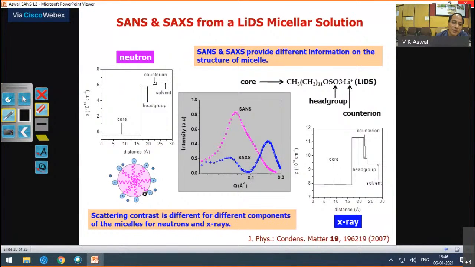This is a micelle, the core of this micelle. On the other hand, X-ray doesn't differentiate, but it is more sensitive to higher Z elements. So this difference is coming because in the case of neutrons, you only see the core. So it means you already can measure the core dimensions or core structure from the neutron. And that information, if you have already